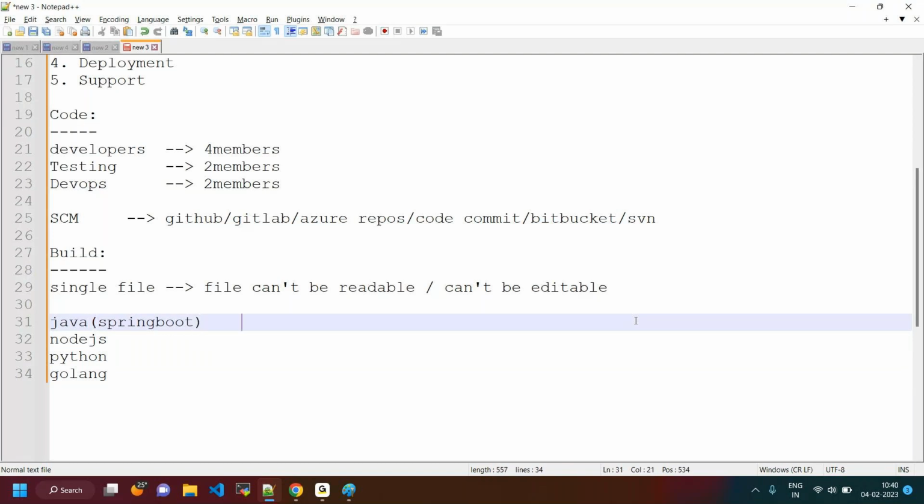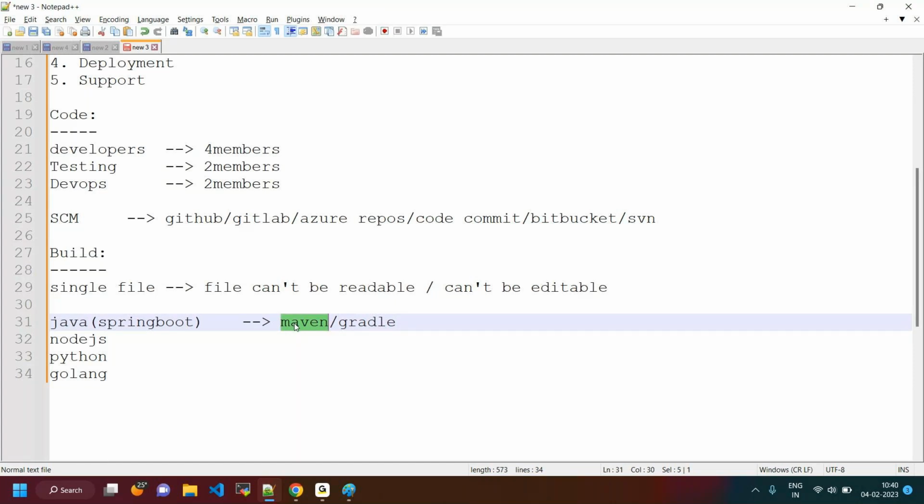Here we use two tools: one is Maven and the second is Gradle. Either one is used, based on the type of language the developers write. I will give you full info on which tool we use.